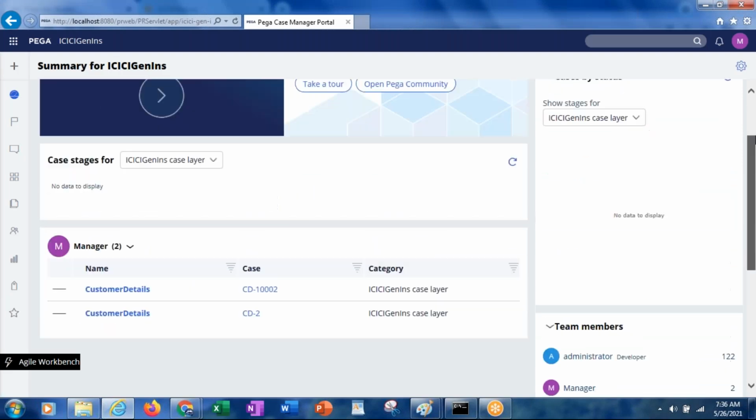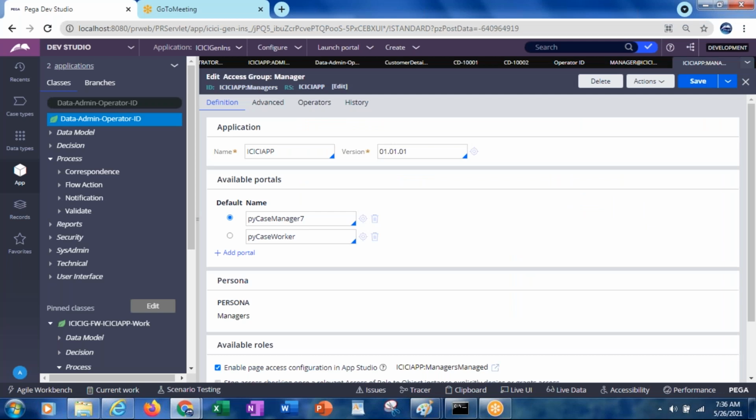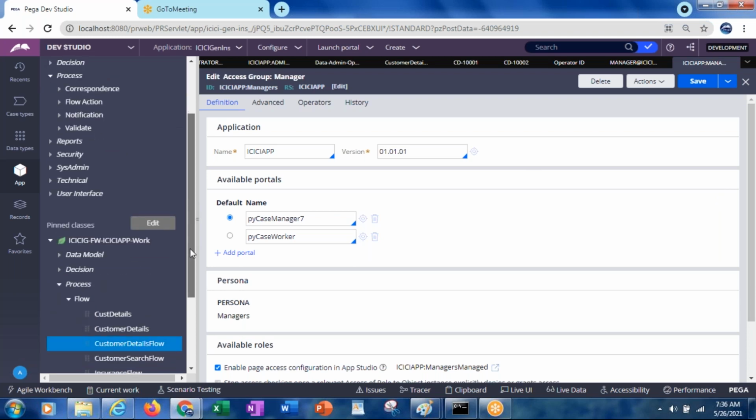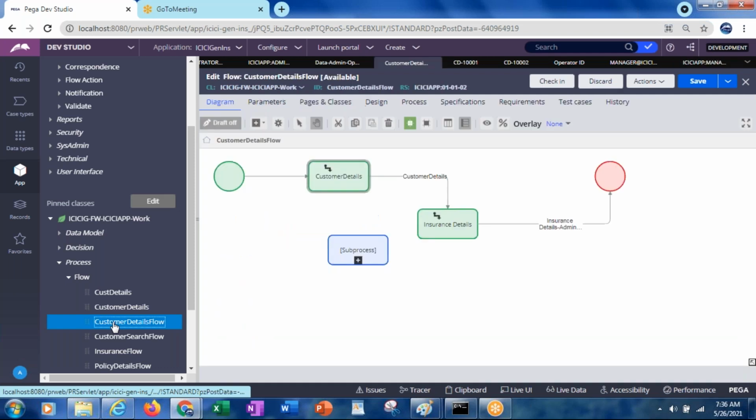He is able to see the case manager portal. He cannot do the development, and he cannot do the admin studio. He doesn't have all the privileges. He will only be able to work on the work objects which are assigned to him. Like this. And here, if you observe, in general when you create any section or any flow or anything, what exactly do we used to give?